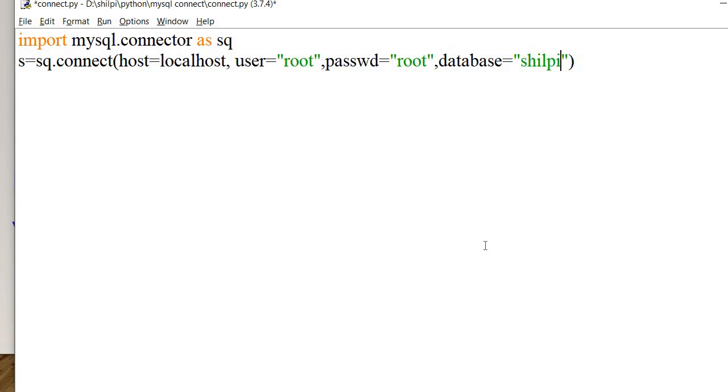So by this method we can connect to the SQL database.